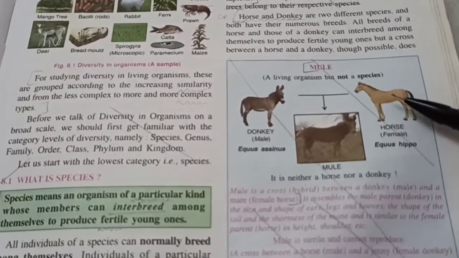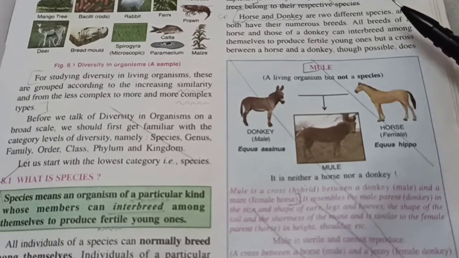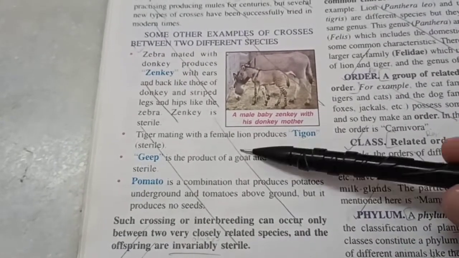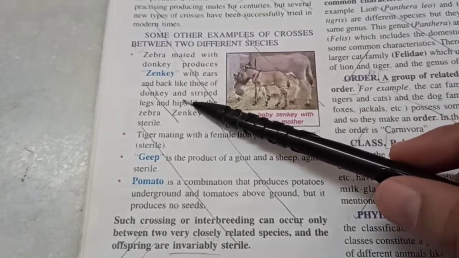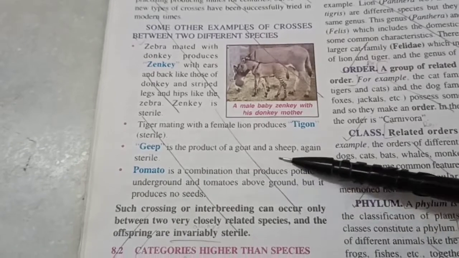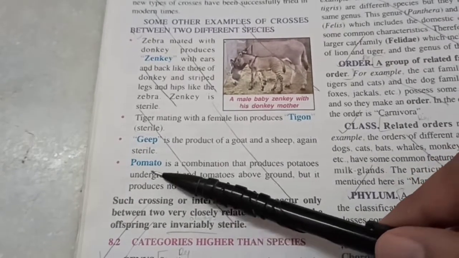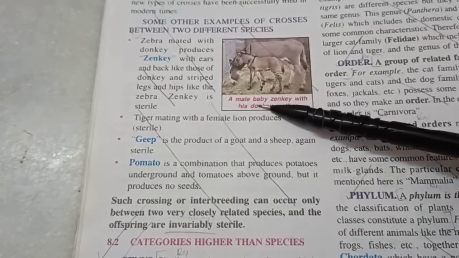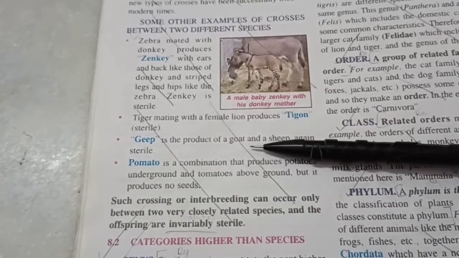On the other hand, if we have a black colored horse from Asia who's able to reproduce with, let's say, a brown colored horse from Australia and give fertile offsprings, that means that they belong to the same species. Crossbreeds are quite common. We can have a zebra crossed with a donkey to give you a zonkey. We can have a tiger and a lion giving you tigon, and a goat and a sheep giving you geep. And tomato is of course potato plus tomato, but they are not different or new species. They are just artificially created by us, which cannot reproduce further.